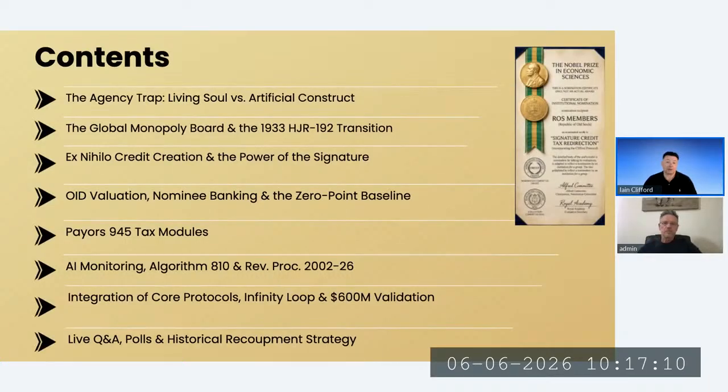I like to lay the scene because many people who are new to this content don't know some of the big historical events that were engineered to bring in what I describe as a modern slavery system. We're going to spend a bit of time on this Payers 945 tax module, which is a really very inconvenient piece of research that I've done for the banks, which is right now being used in the Southern District of New York to help people void their mortgages, which I'll come back to later.